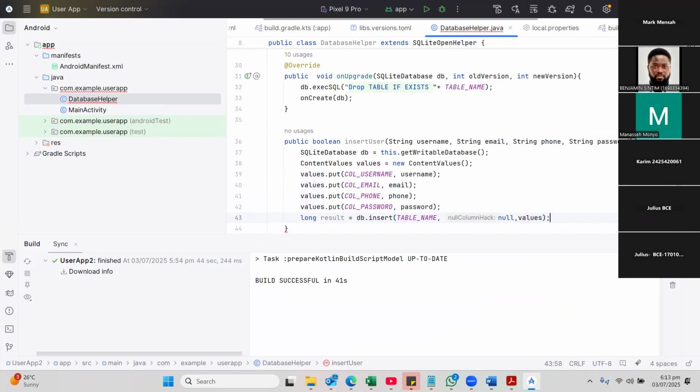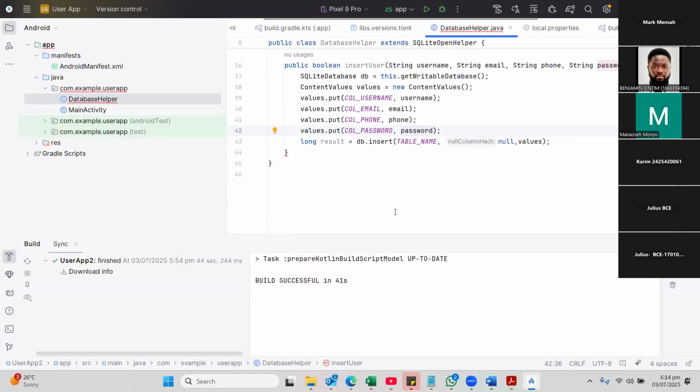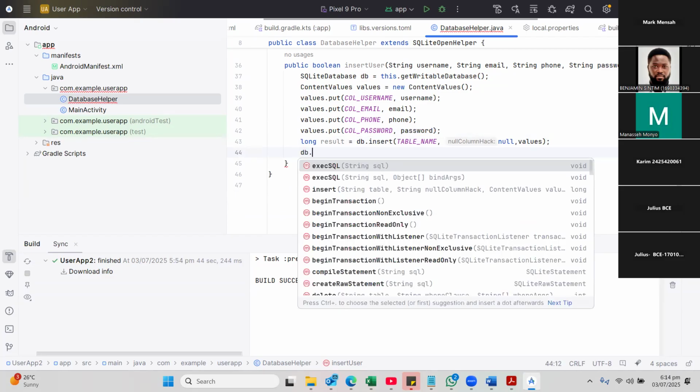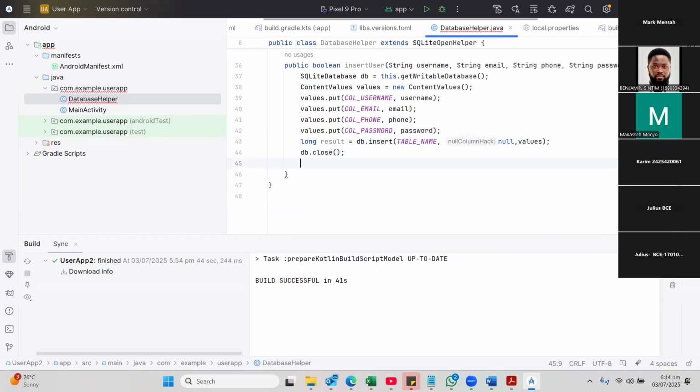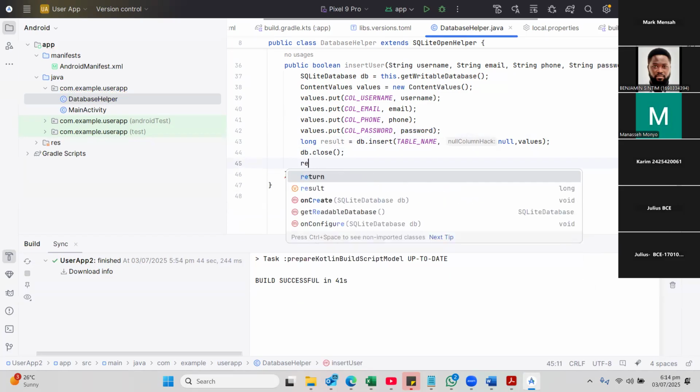So the content values will take the various database columns and insert so that the computer knows that, oh, I'm inserting this. These are the content values. So this, put this there, this, put this there, and it will do all of that for me. So I don't have to go and write the insert into, this will just do all of those things for me. Perfect. Now, once I'm done, I'll have to close the connection to my database, and I'll have to return